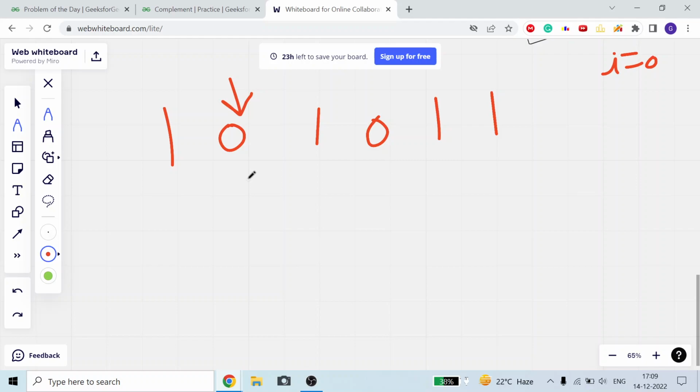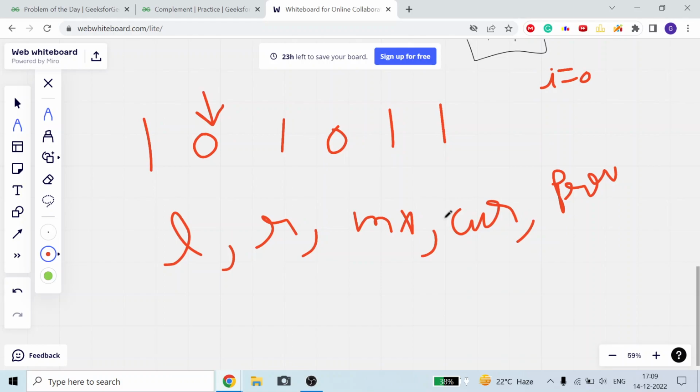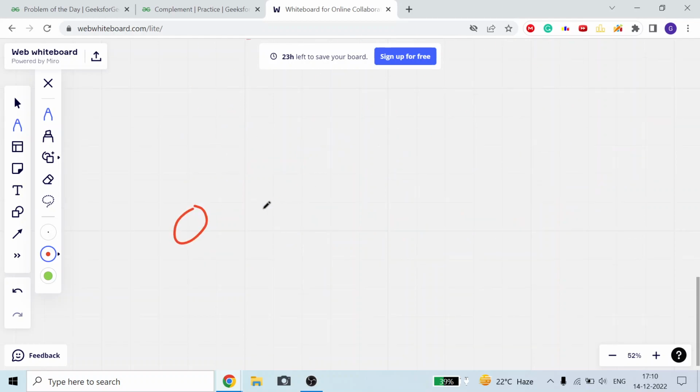Okay guys, so now we are here, so we will take variables L, R, max, cur, and previous, and I is already there. Now what is cur? Cur will tell me the number of ones I can gain if I change some 0s and 1s. It is not compulsory that we always change only zeros. It can be a case like this, suppose this is given to us.